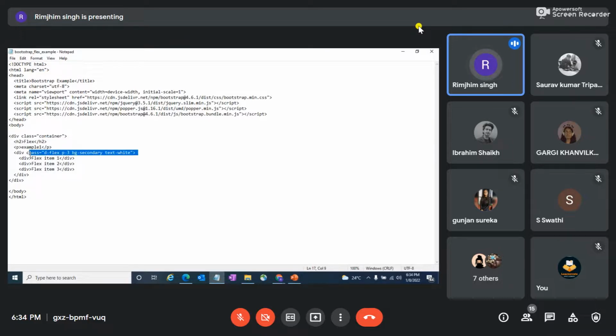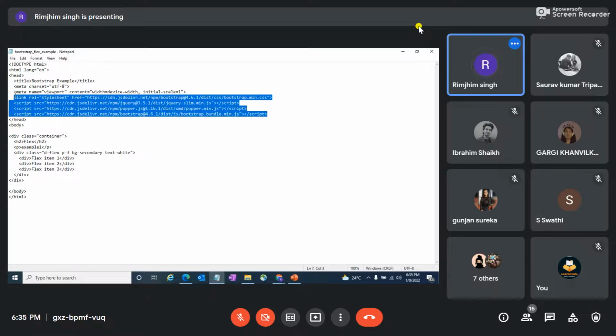you can use flex using this keyword. And whatever class you want to use, there are n number of classes available on the bootstrap official page. Whatever class you want to use, you can use that class. And if you're using grid, these are the two things which you have to make sure. Let me put these links in the chat box so that it is easy.